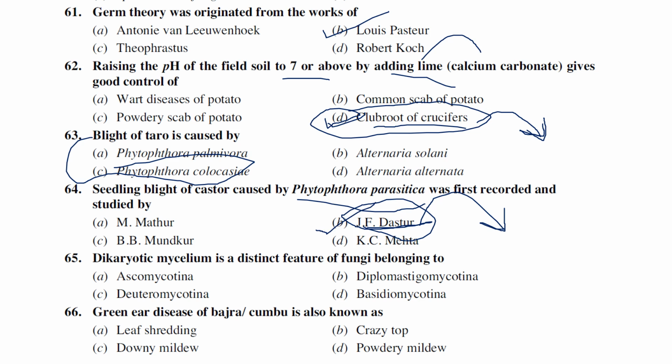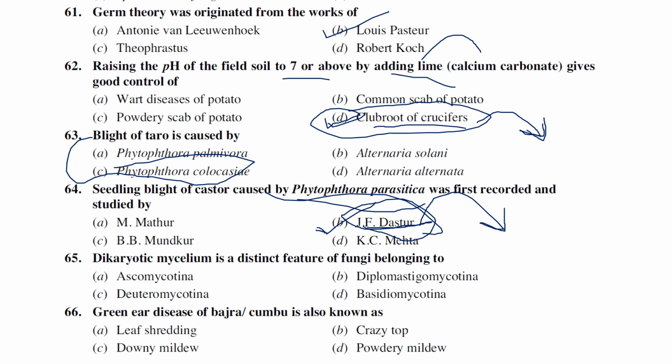The first president is SR Bose. He worked for a very short time. Later JF Dastur took the chair, and some people believe that JF Dastur is the first, but if you see the IPS website, SR Bose is the first president. The second president is JF Dastur, who is well renowned for the establishment of the Phytophthora genus in India.